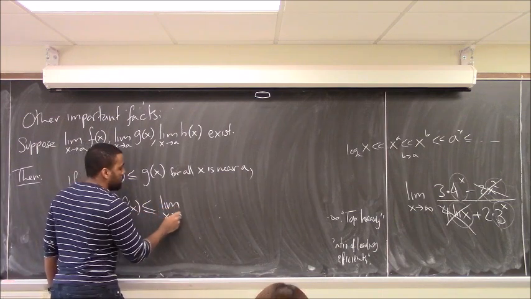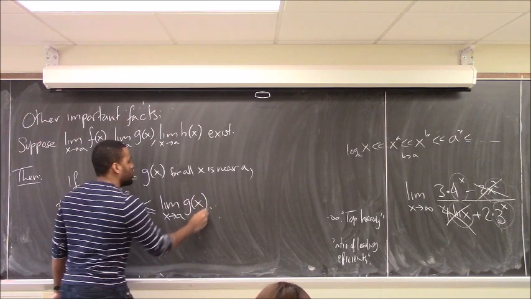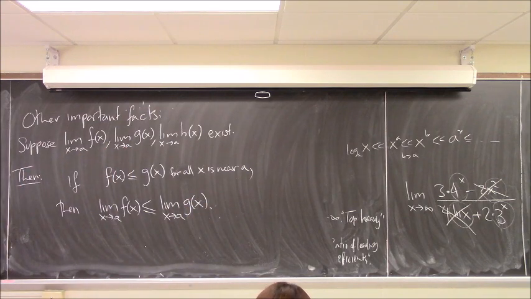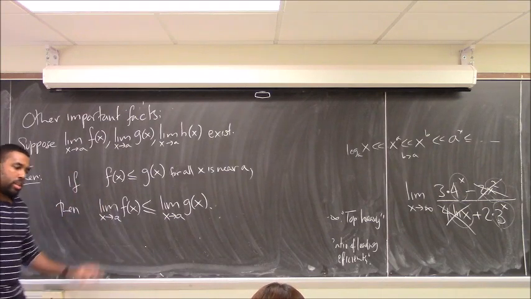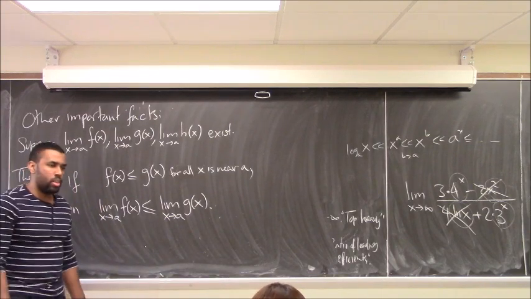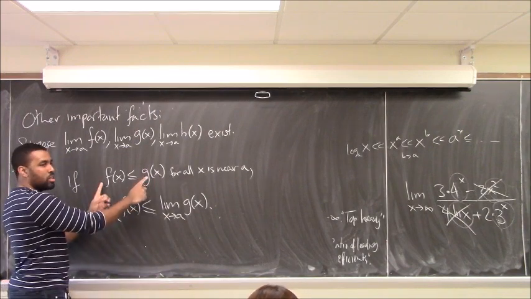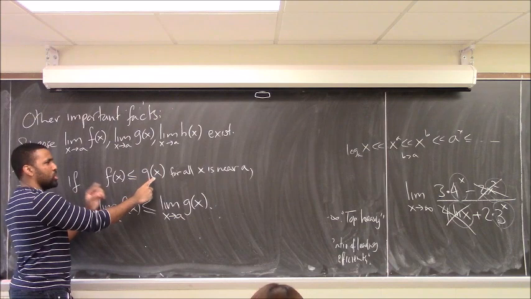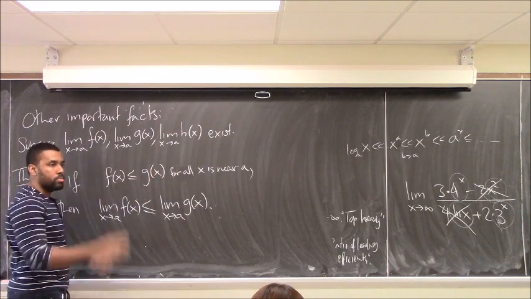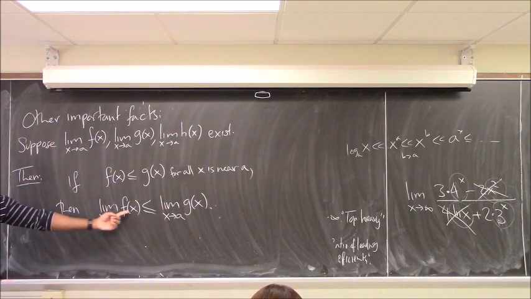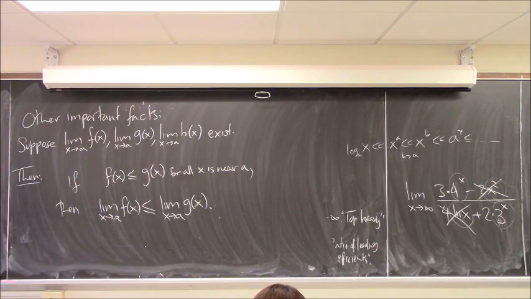So if you know how functions fit into an inequality, the limits will also fit into the same inequality. Now you can kind of figure that out from the definition of limits. Limits are tracking the y value when your x is approaching something. If the y values over here are always larger than the y values over here, then the y values you get close to will be larger than the y values this gets close to. And the limit is just what the y value is getting close to as x approaches a. So limits will maintain inequalities. That's one important fact. Moreover,